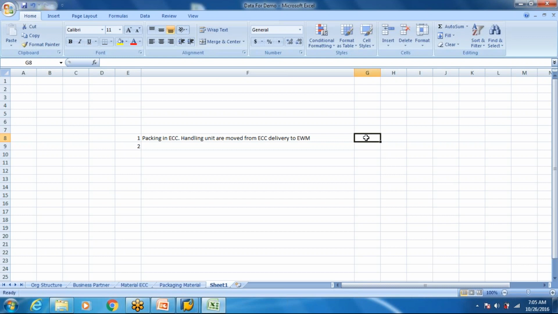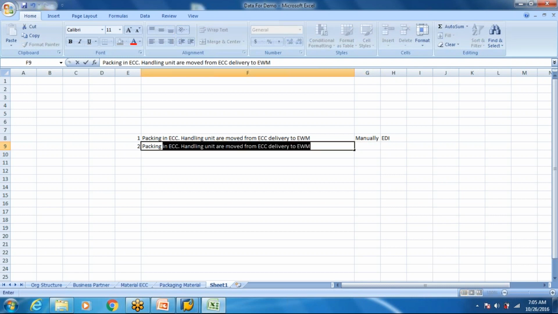There are two variants in this: one, packing done manually in ECC, or you might also get it by EDI from vendors. Next, packing done manually in EWM.